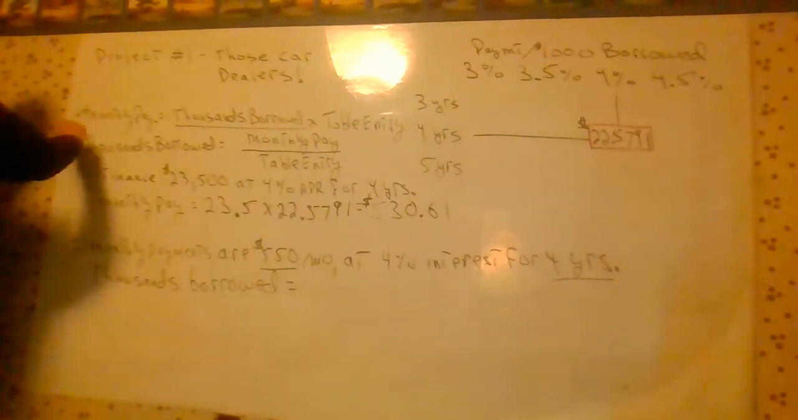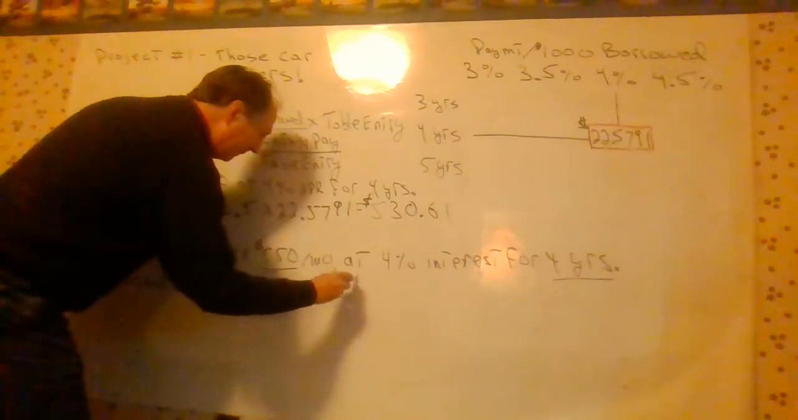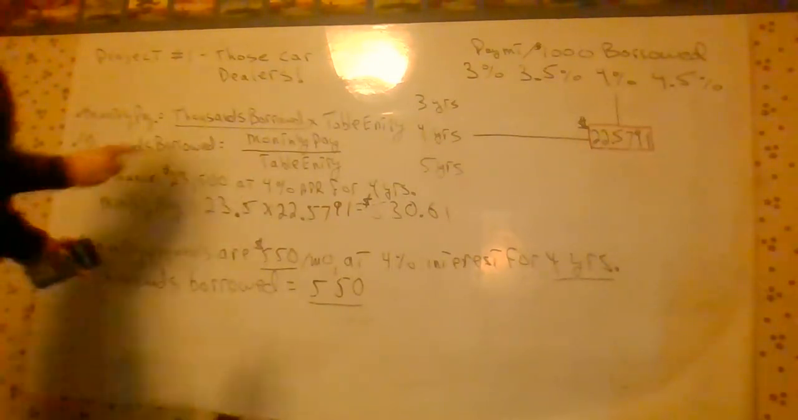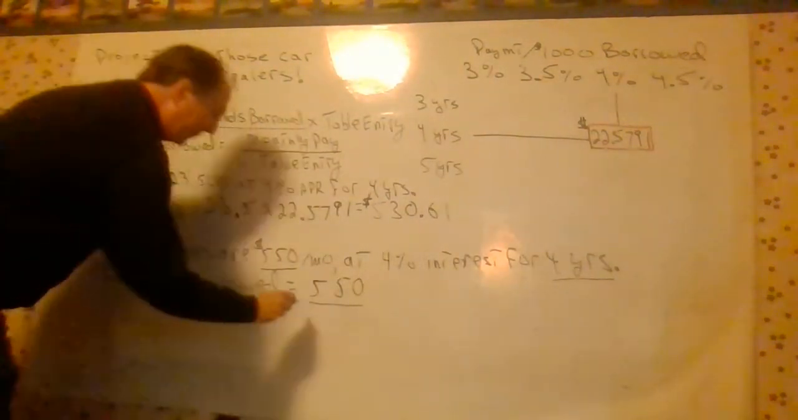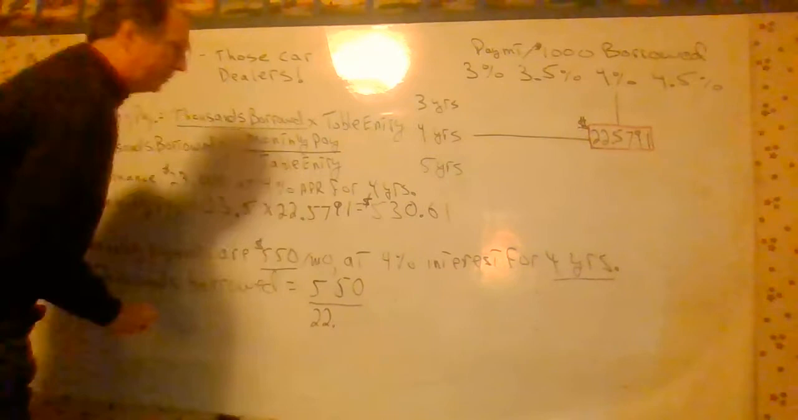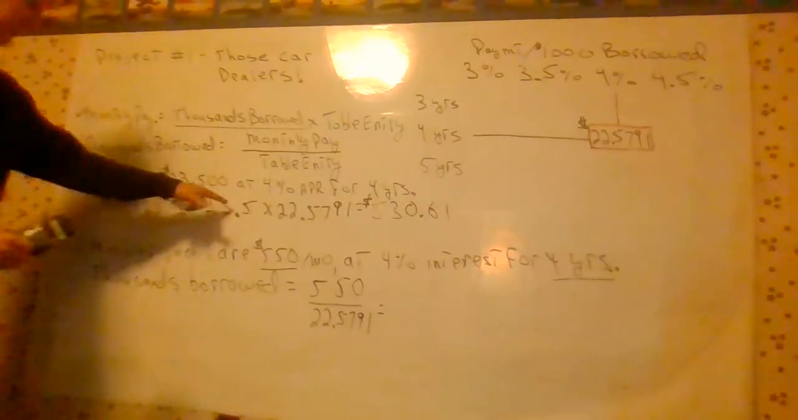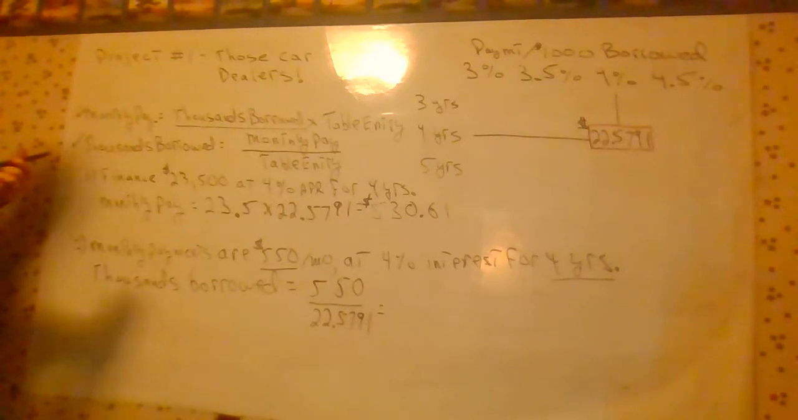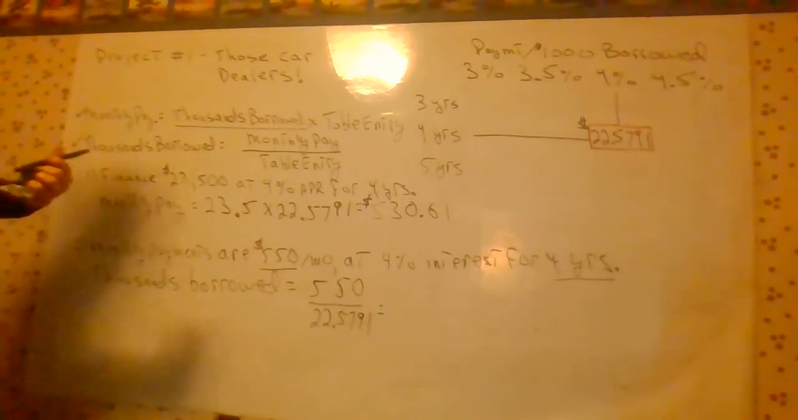Well, we're going to use this formula, thousands borrowed. Monthly payment goes on top, $550 divided by the table entry. Now we simply go 4%, 4 years. Okay, we use the same table entry here, 22.5791. It's probably going to be close to this. It's going to be a little more than this because the payment's just a little bit more. And so we get 550 divided by 22.5791. And we end up with